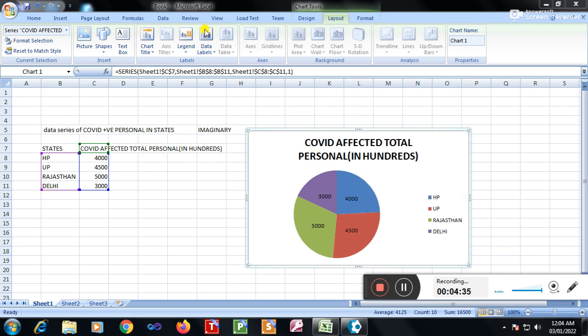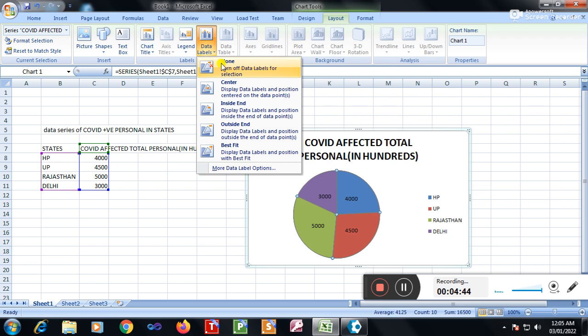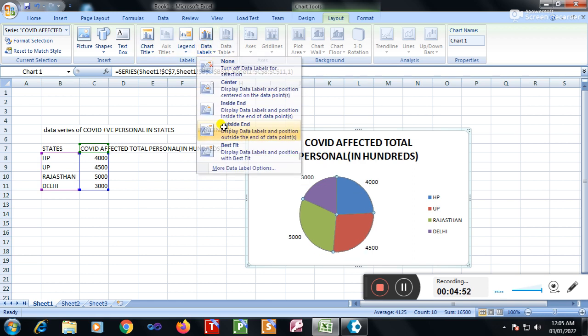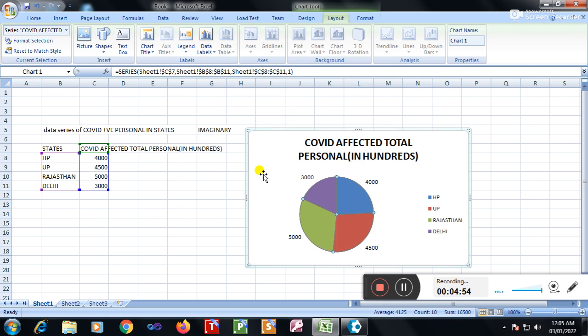How is it done? Layout menu, select the chart, layout menu, data labels, where you want to show, in center, inside end, or in outside end. And this is the select data labels. These are called data labels. And